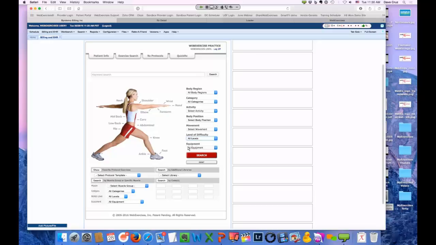There we go. Okay. And type of equipment. You can even search by type of muscle. So all sorts of search criteria, because we know all providers want to search for exercise difficulty, and that's the experience we've gained over 11 years is learning how providers search, but we also want to continue to learn. So give us feedback as you get in and use it, because that's how the product gets better with more and more feedback. Well, there's two questions, if it's all right if I shoot those over to you.